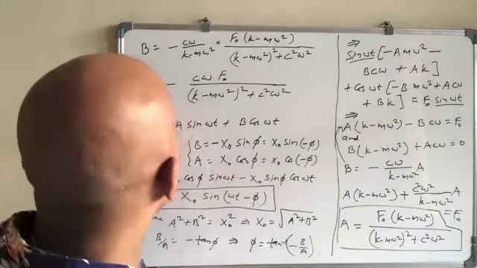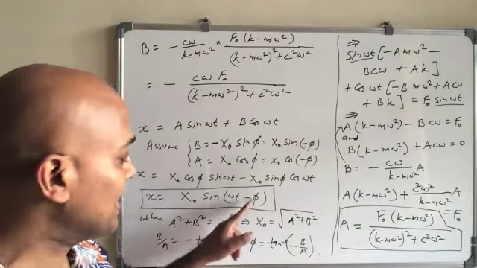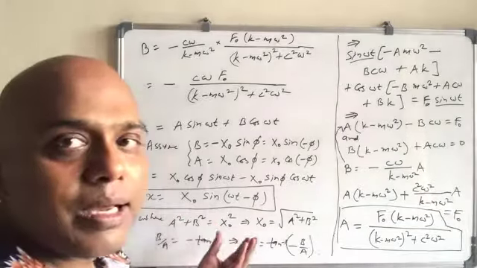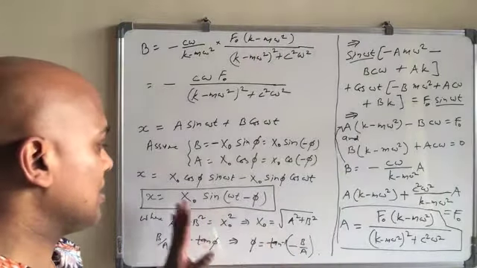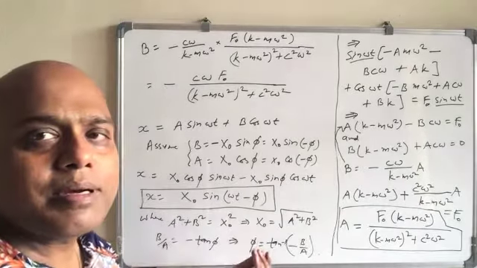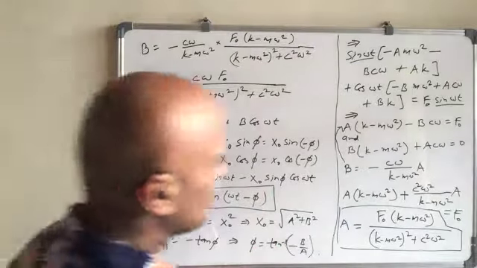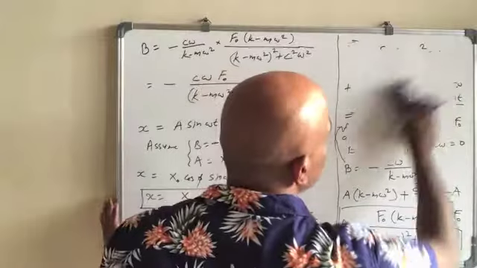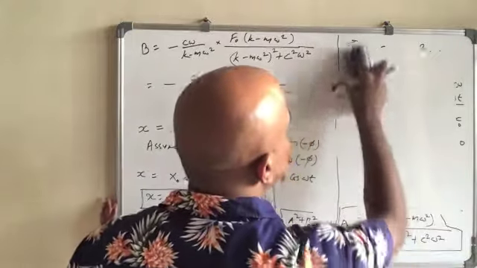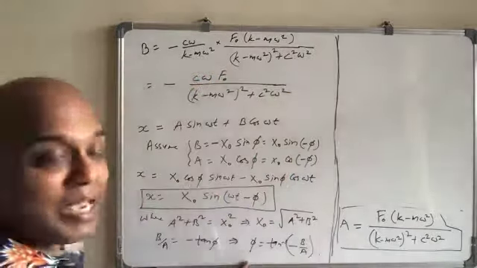So we have so far the b and a values, and we know the solution is x equal to x naught sine omega t minus phi, where phi is given like this and x naught is given like this. So what we will do is get rid of a and b. We should have a solution which has just m, c, k and omega. That's what we need, right? So I delete it here, and we have this part. To begin with, let's start with phi.